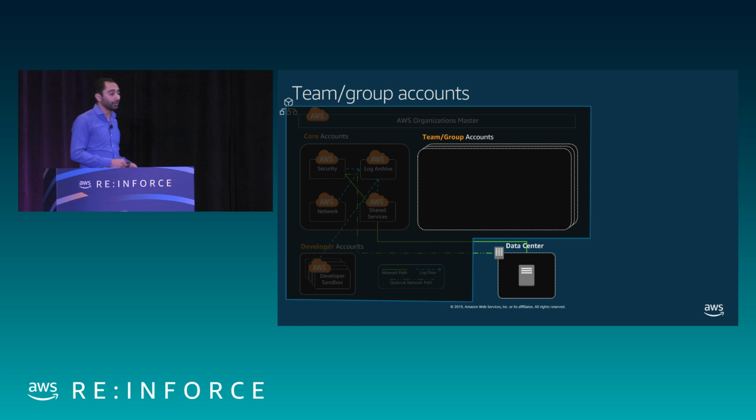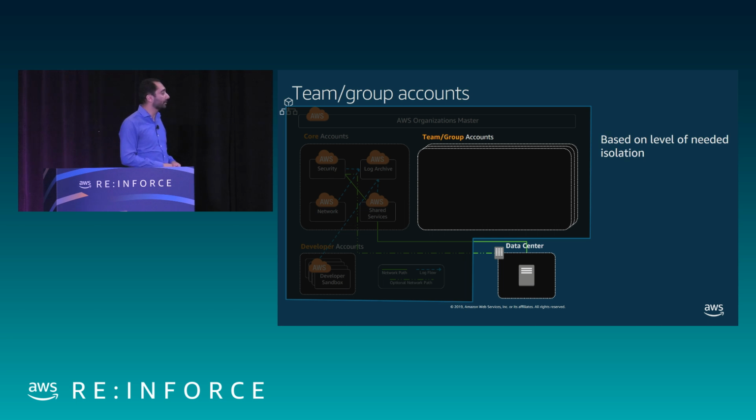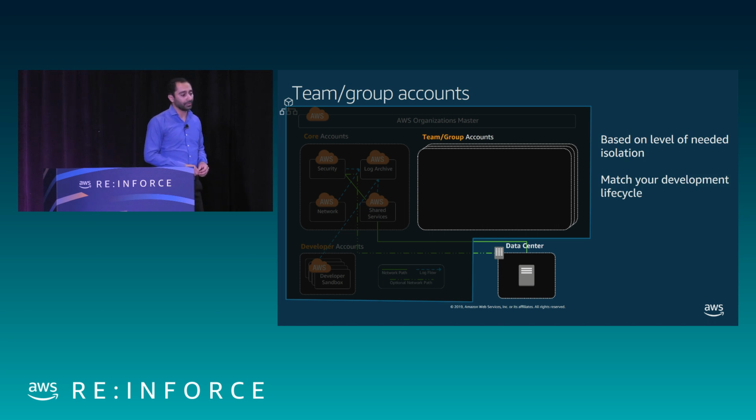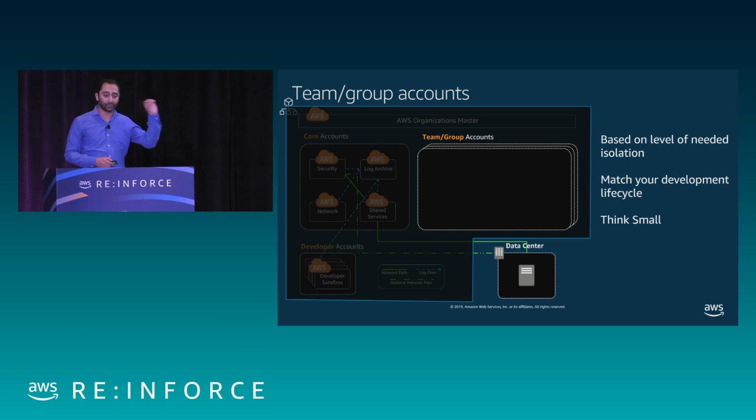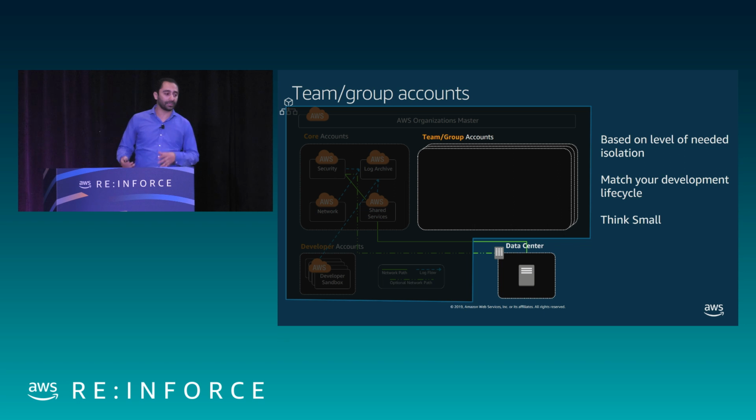From there, I start thinking about my teams. Back to the idea of shared ownership and who owns what and who's responsible for things. So I start thinking about my team that has product X. And unlike one of our leadership principles at Amazon, which is think big, in this case, we want to think small. What's the smallest unit that I can make this, so that this one team that owns this 1 or 2 services can go launch it and build it in there, and they can move forward with what they need to do.